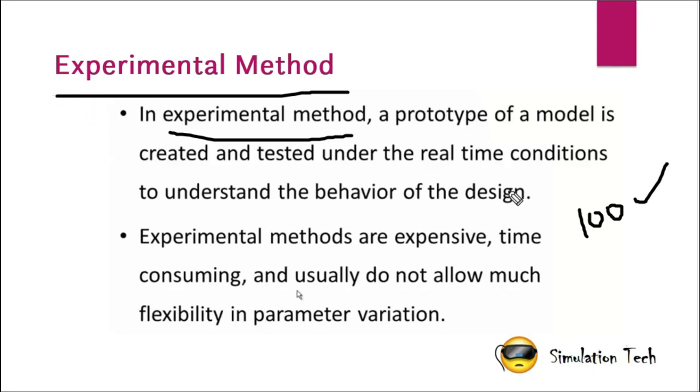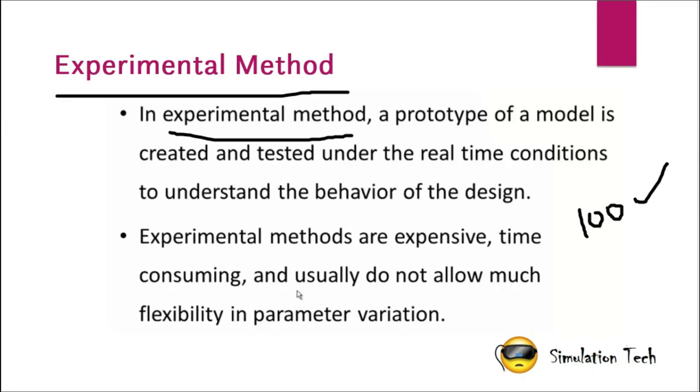While doing experiments, during the manufacturing process, there may be some errors in surface finish, or there may be some cracks, or there will be changes in the material property during heating or quenching. That will happen. That cannot be assumed in the analytical method or numerical method itself. It will only be captured during experimental methods. So all those errors will be considered in the result. That is why I am saying that experimental has 100% accuracy when compared to the analytical and numerical methods, right?